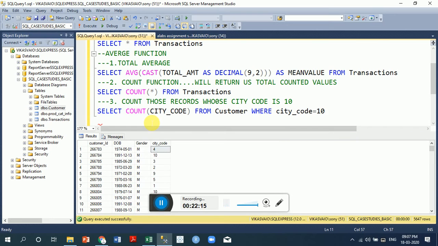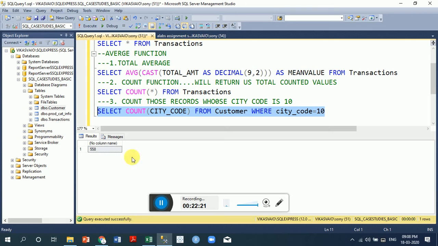is equal to 10. Now when I execute this query, it will give me the result as 558. That means the total count of city code where city code is 10 is 558 out of approximately 25,000 records, as you must have seen,